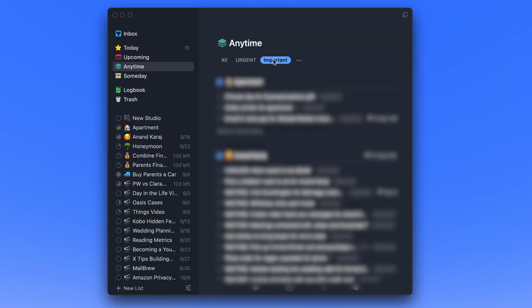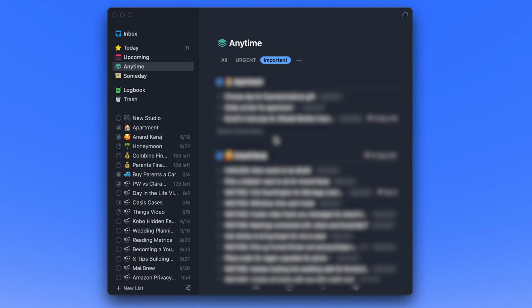Now that I have those things assigned for today, what I'll do now is go to the important section and do the same thing. I'm going to go through here and just pick out some important things that I can do tomorrow. These are not urgent things, but they are important things that I don't want to fall behind on. I'm just going to quickly scan through and go through that now.